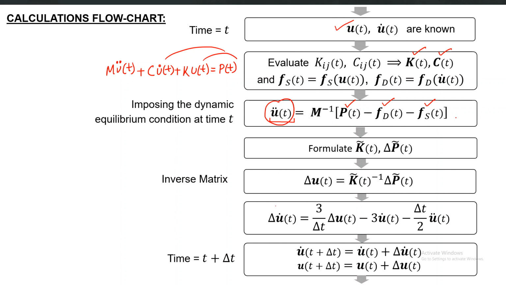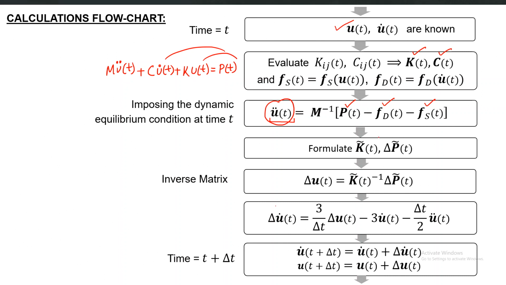If we impose this equation of motion to calculate u dot dot, instead of calculating the increment at the end and adding it to the previous acceleration, we reduce a source of error. And if we put the flow chart in a loop, every time the loop runs, the equilibrium is imposed as a result of this additional step.